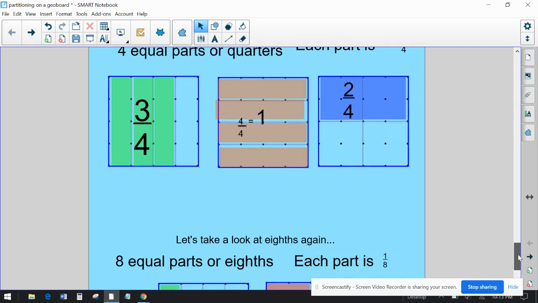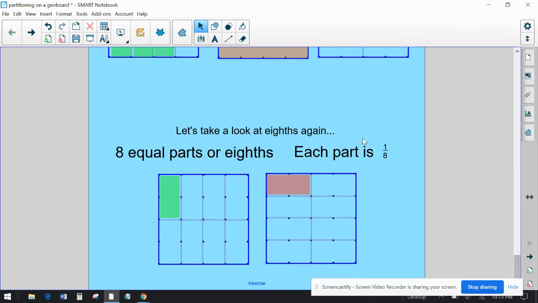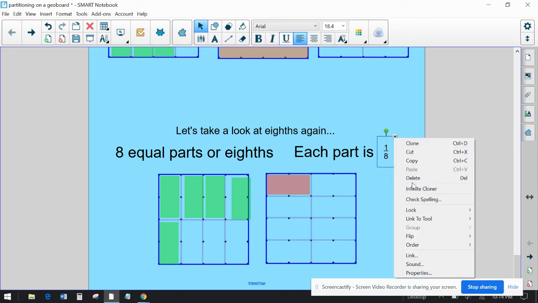Okay, and then you could even take a look at your 8ths. 1 of the 8ths would just be 1/8, but you could also do 2/8 shaded, 3/8 shaded, 4/8. Here's an example of the green area is, oops, I thought that was on clone. The green area,